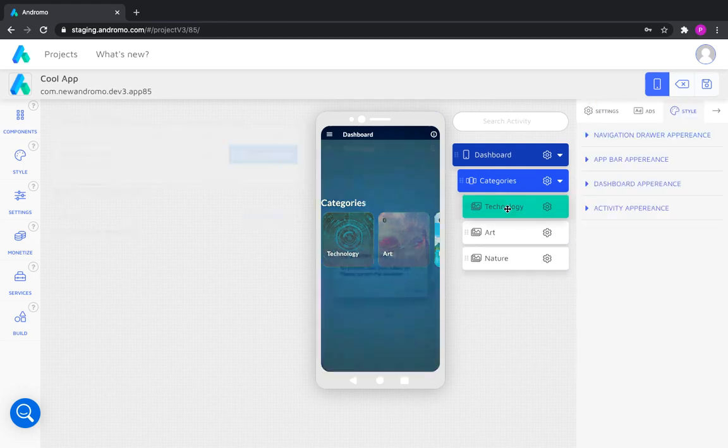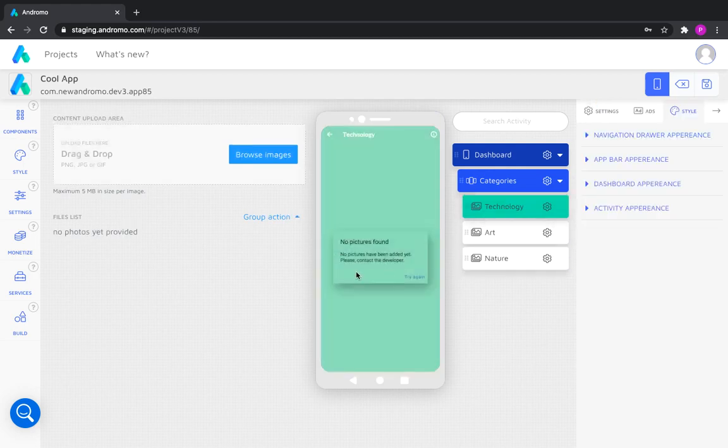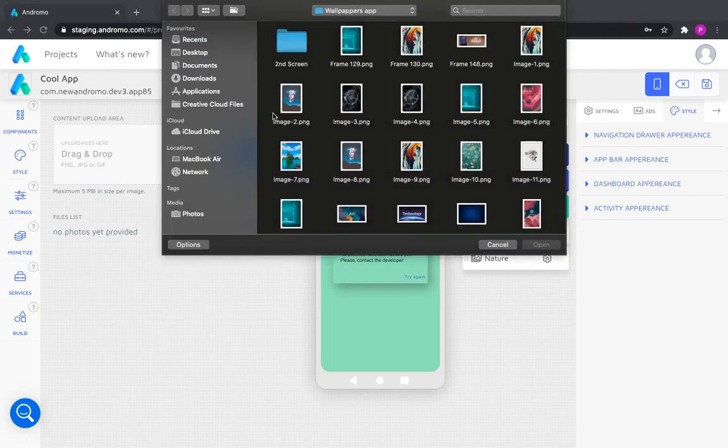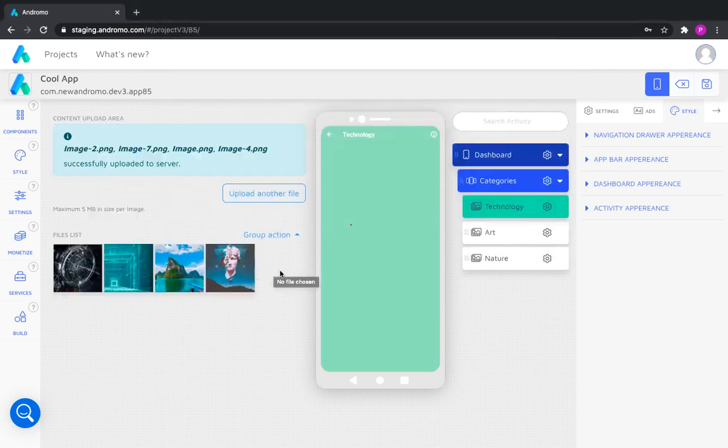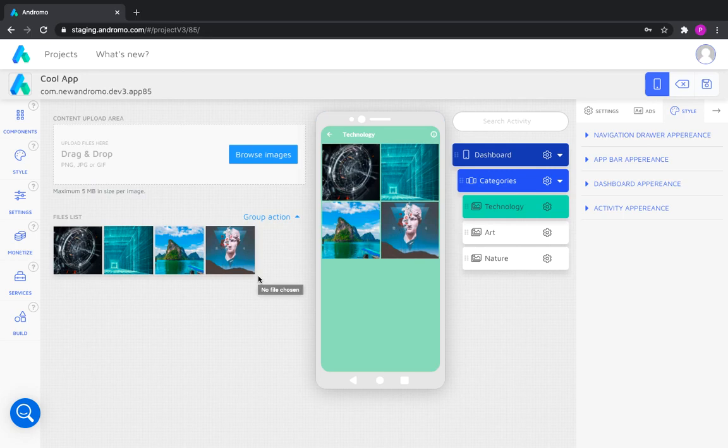Now we can fill it with content. All work with your activities content also occurs on the left side of the screen. Select Browse Images and select the images we need. As you can see, you can make a bulk upload of content. Now we can perform group actions with content. We can do Select All,